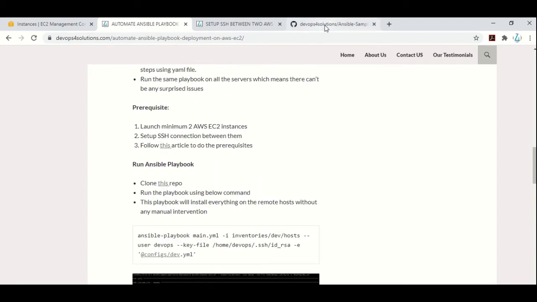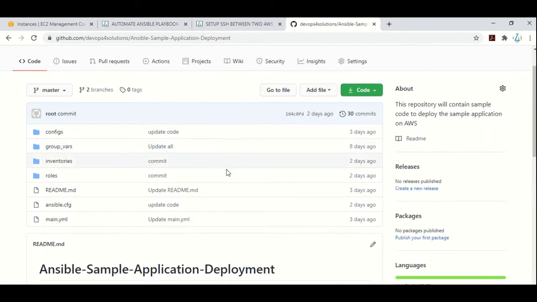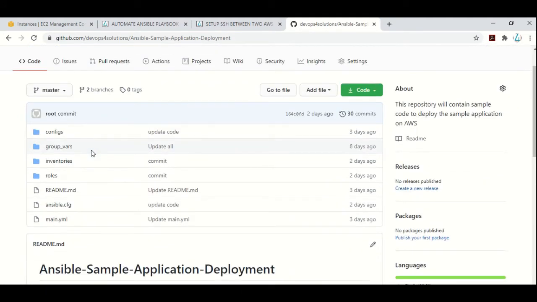Once that is done, I'll give you a little overview of how an Ansible playbook needs to be structured, right? So this is a normal structure of how to write the Ansible playbook. Obviously, if you do not want to use a standard practice, you can have all the YAML files in one folder only and just do it here. But that is not a good practice. So this is the standard practice of how to use Ansible.